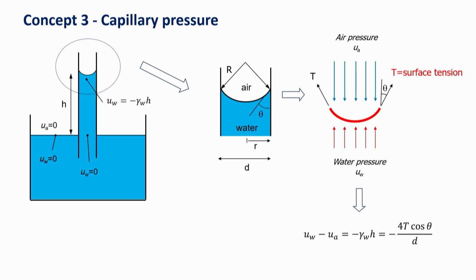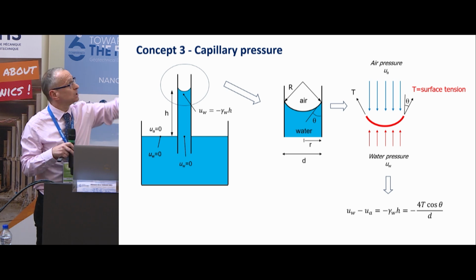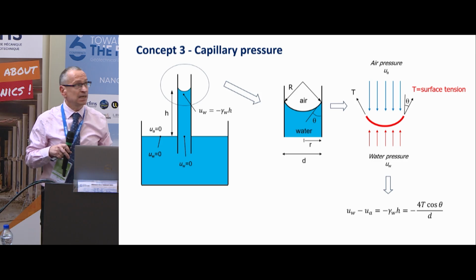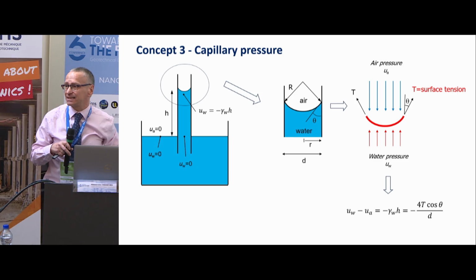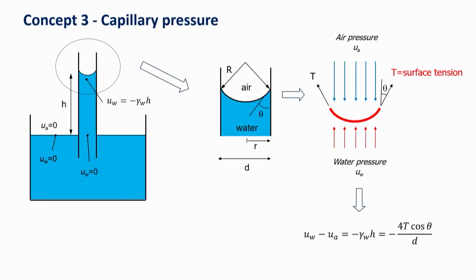Now we have everything that we need for a mechanical equilibrium, because you have the water pressure from below, we have the air pressure from above, and then we have the surface tension. And then we have the angle that is inclining the surface tension at the junction. If you go for that equilibrium, you will discover that the water pressure is lower than the air pressure. You see that the red is smaller than the blue. And that number is controlled by the surface tension, but also the diameter of the capillary tube.